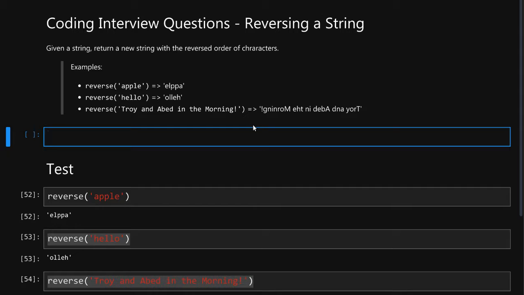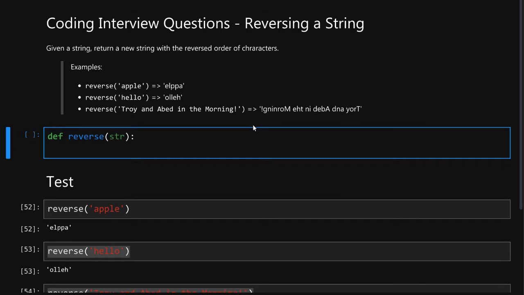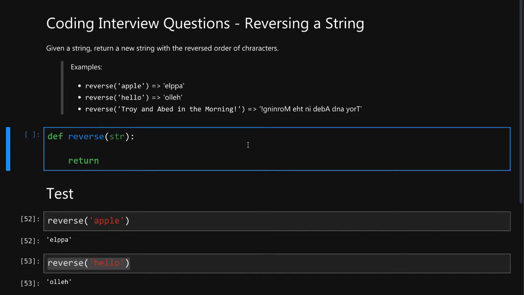Well, first let's create a function called reverse that will take a string and return something. So there are several ways to accomplish this. First, let's start with the most straightforward logical one with the for loop. In here we are going to loop through each letter in the string and add it to the beginning of a reversed string. So let's say I create an empty string called reversed,